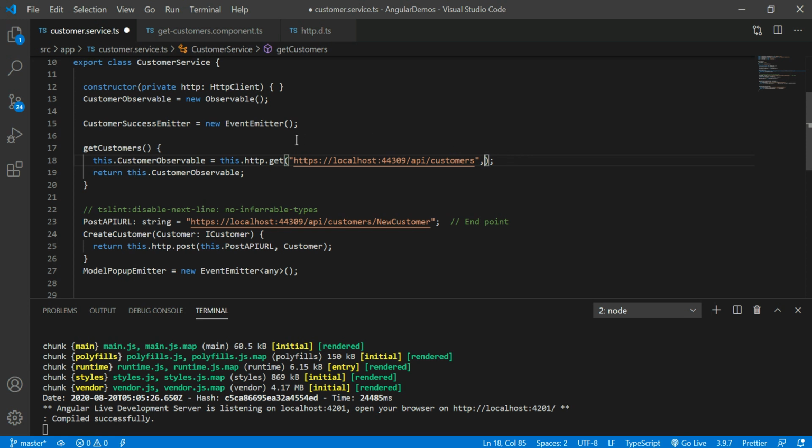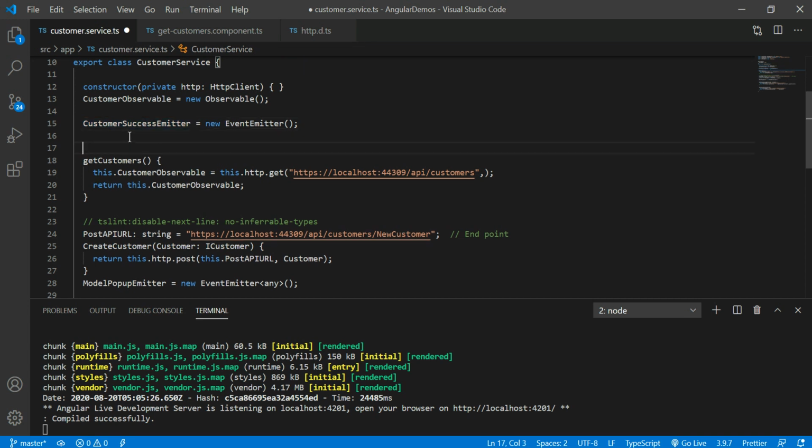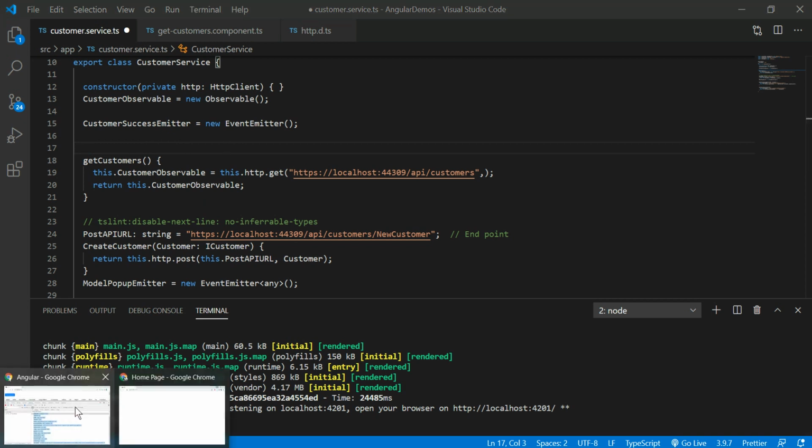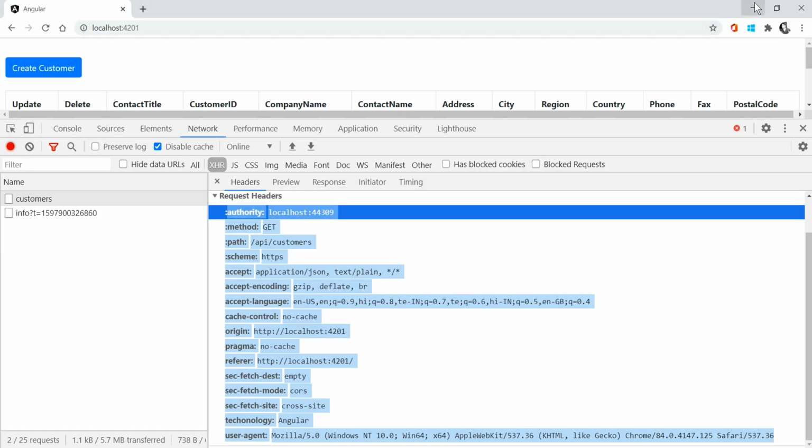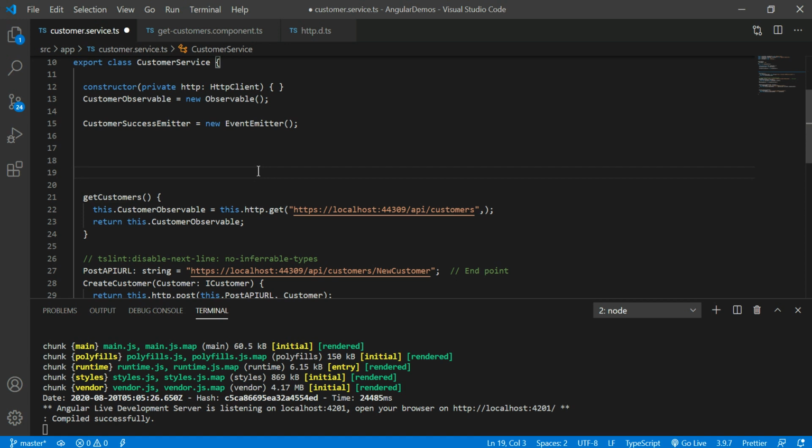Now how do I add it to the HTTP GET request? Once I have added my own HTTP header, what will happen to this request? We will see. The first step is to create a local variable and assign the new HTTP header value to that local variable. Here I need to write the header section, right?